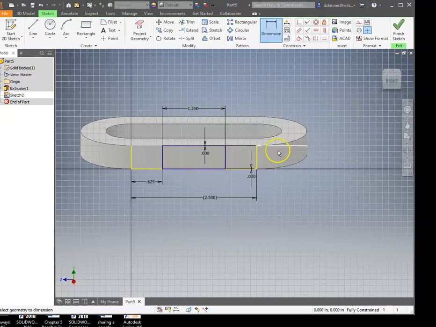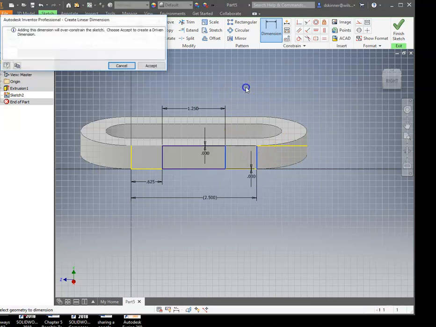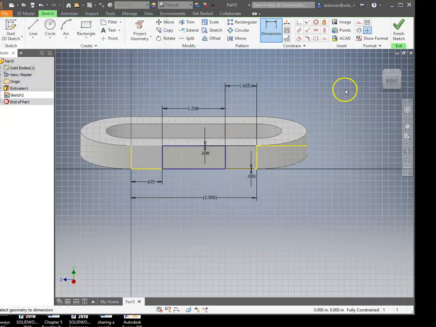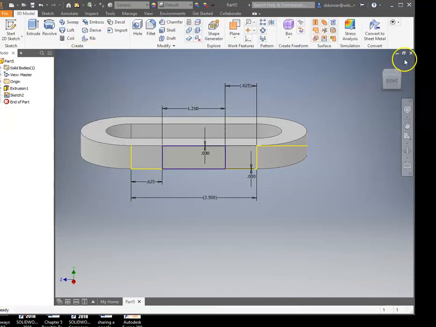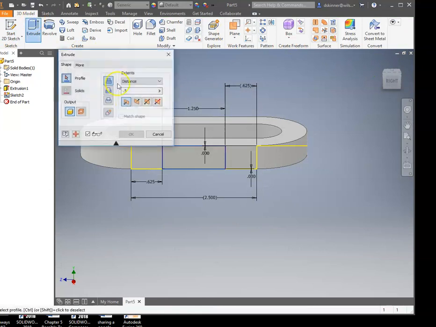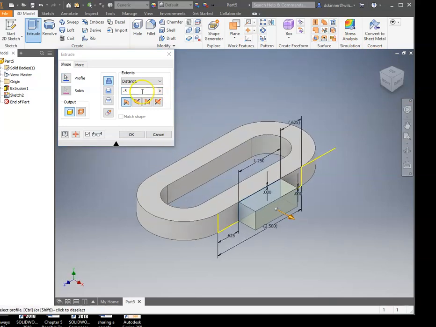So that gives me .625 here, and then here should be the same thing. Just going to check it. Yep, driven. So that way I'm sure that's right. Right click, finish sketch, and then I'm going to use extrude, pick that. I can switch to the house if I want to see that a little better, and I want it to